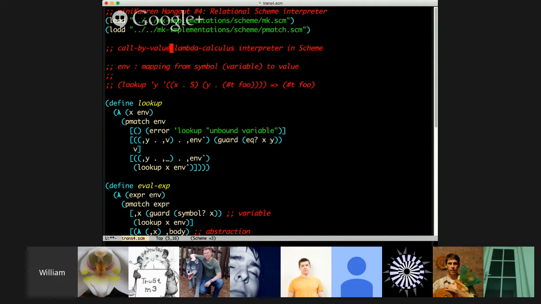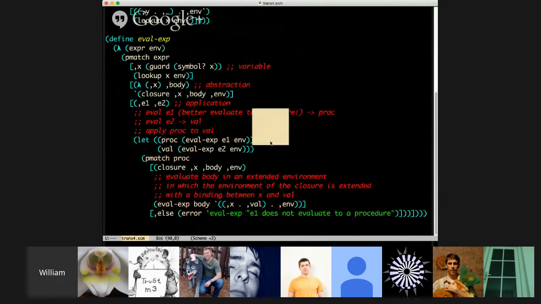Call by value, environment passing, if we're going to use all the buzzwords, Lambda calculus interpreter in Scheme. Is call by value because in procedure application, we actually need the value of the argument to the procedure before we call proc. Okay, that's what makes it call by value. The fact that we're evaluating E2 instead of just passing in E2, that's what makes this interpreter call by value